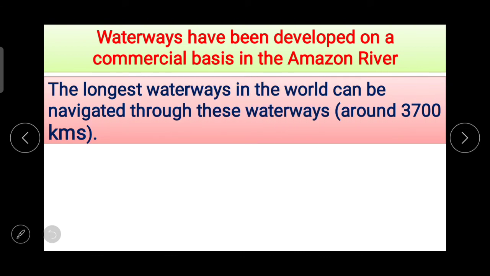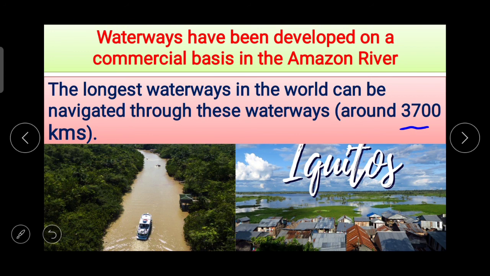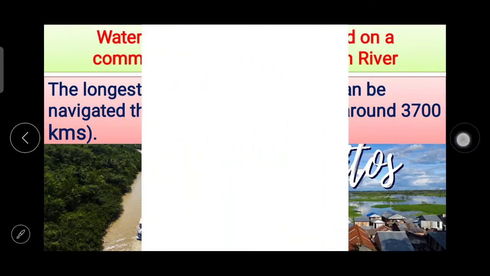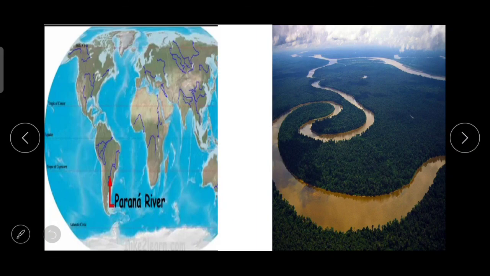Waterways have been developed on a commercial basis in the Amazon River for trade purposes. Boats ply from Iquitos in Peru to the mouth of the river. The longest waterway in the world can be navigated here, which is around 3,700 kilometers, the biggest in the world. Another river transport which is very important for waterways is the south flowing Parana river. Coastal shipping is also carried out in the coastal areas. So purposes are different, but the facilities are available. Here you can see the Parana river. Next,